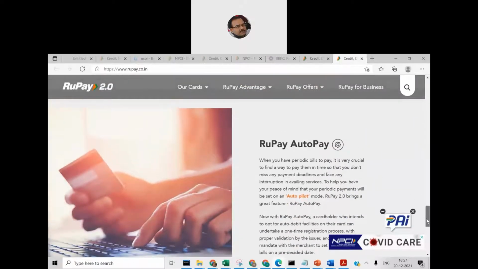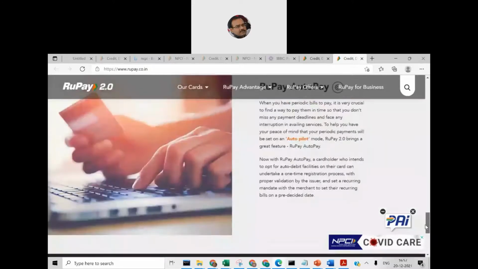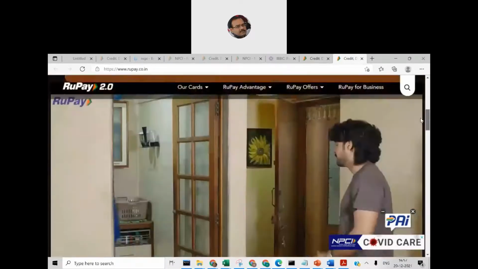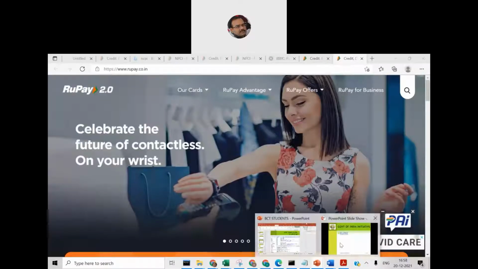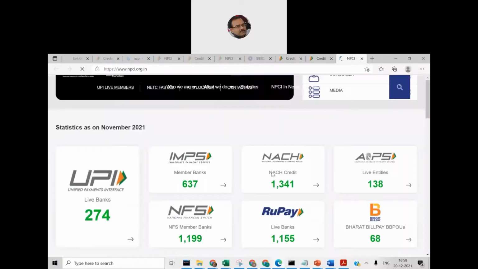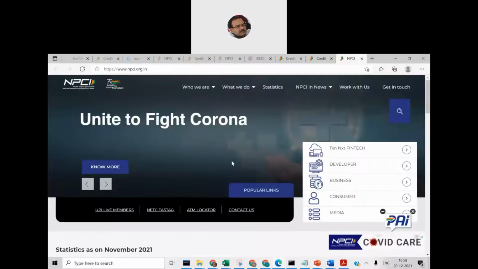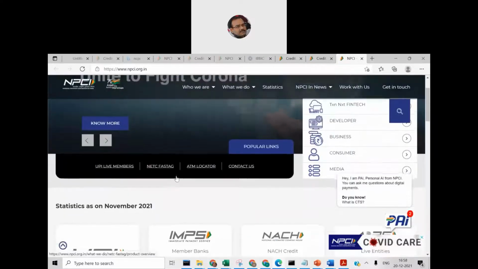But that is something which has already happened. So there are more technical features available here. They've given very good success stories and the characteristic features of how they have been able to do it. Now we require somebody to regulate this. So we have something called the National Payment Corporation of India, or NPCI. This is a government body set up by the Ministry of Finance, wherein they have come up with